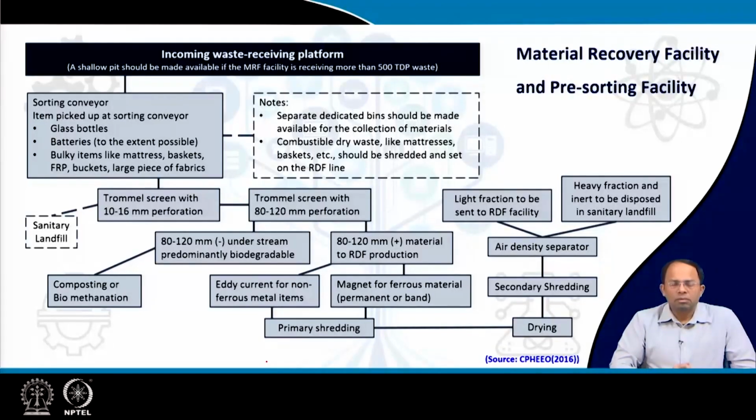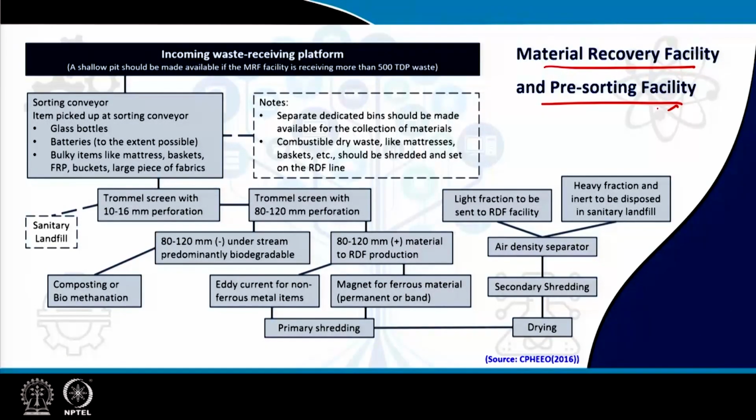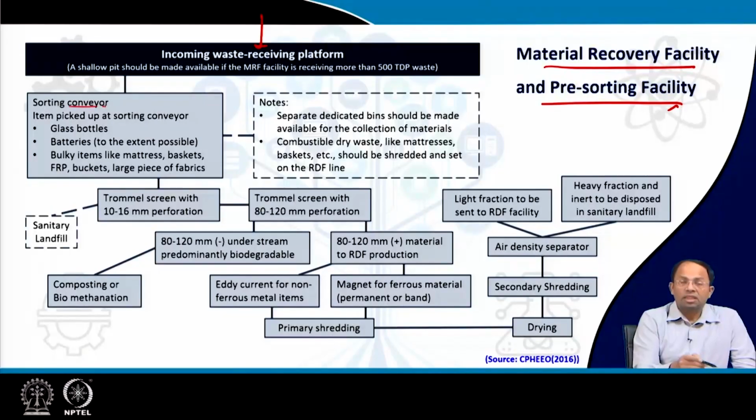So this image shows you the process flow chart of a material recovery facility and a pre-sorting facility. So incoming waste first is received in a platform, from where using a sorting conveyor, this is particularly useful in the context of India, you will first do manual sorting. Maybe glass bottles, batteries, bulky items like mattresses, baskets, FRP, buckets, all these things could be taken out. So separate dedicated bins should be made available so that this kind of materials could be stored in there, and combustible dry waste like mattresses, baskets, etc. should be immediately shredded and then sent to the